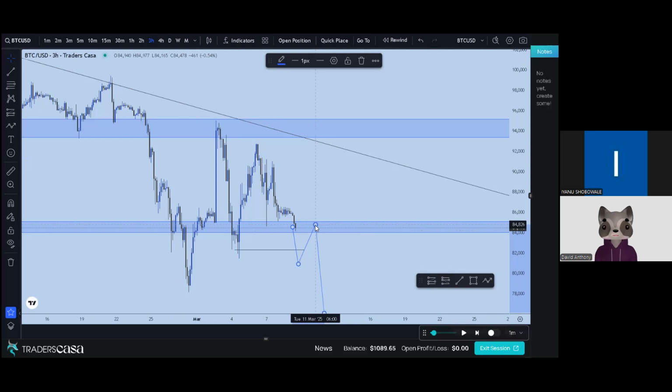Price can go up right from here, go up and then go down. This is the first case scenario. Let's say this is the first case scenario. Or